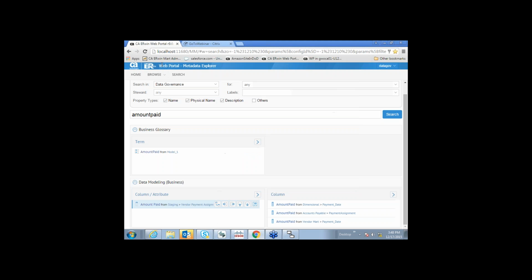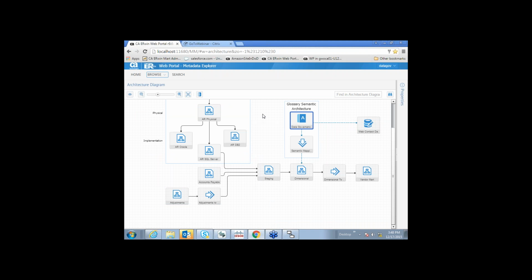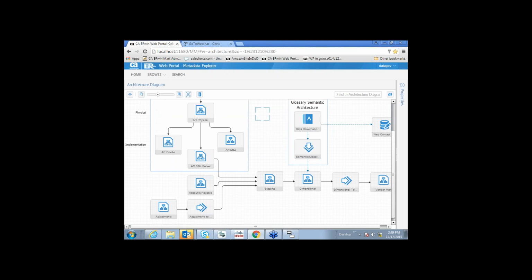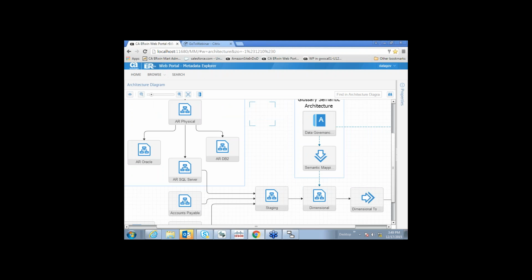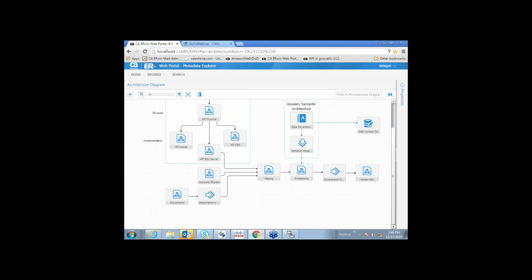So that in a nutshell is the kinds of things that we need to deal with from a data governance perspective in terms of collecting the metadata properly and being able to provide it to multiple kinds of audiences, both technical and business, to be able to communicate an understanding of the overall environment. And with that, I can turn it back over to you, Don.